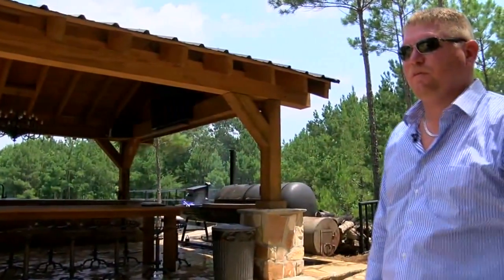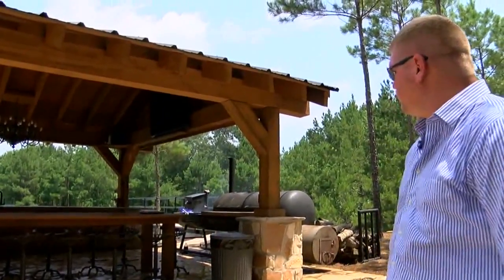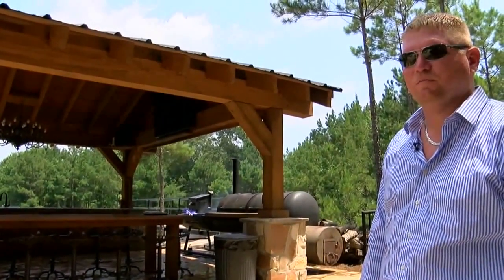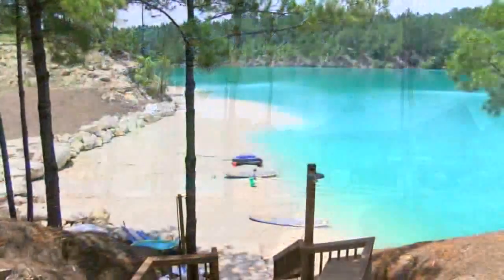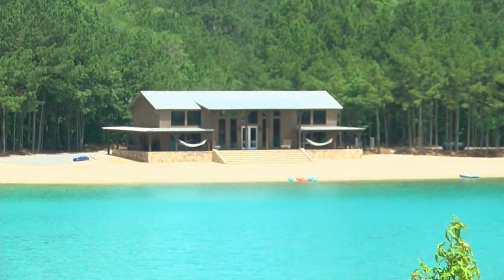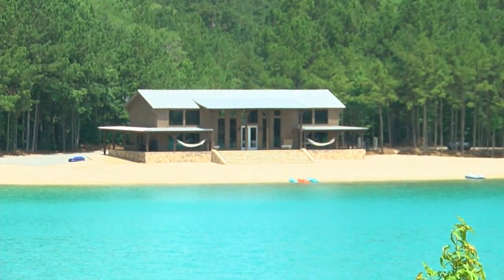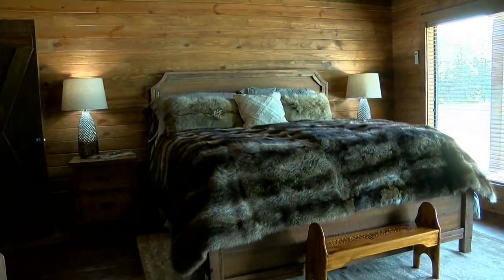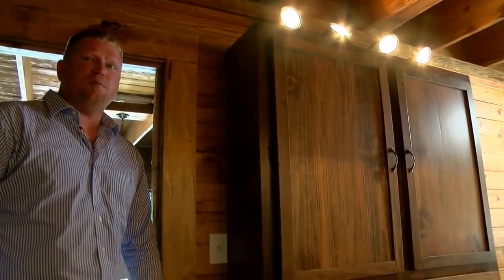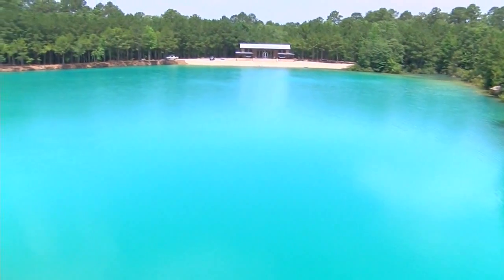So we cook with real wood. Frankens bought the Blue Hole 3 years ago and has added $1.5 million in upgrades, including this common area, man-made beaches, and this cabin that sleeps up to 6, all made from material found around the Blue Hole Ranch. I can tell you this, we didn't buy one board. Every board, including the floor and the ceiling, the porches, the big timber, all the lumber come off of the ranch. Despite these upgrades, Frankens says that the most important part of preserving the Blue Hole is to keep everything